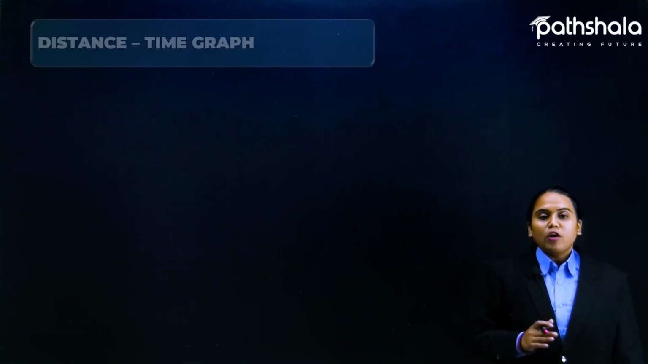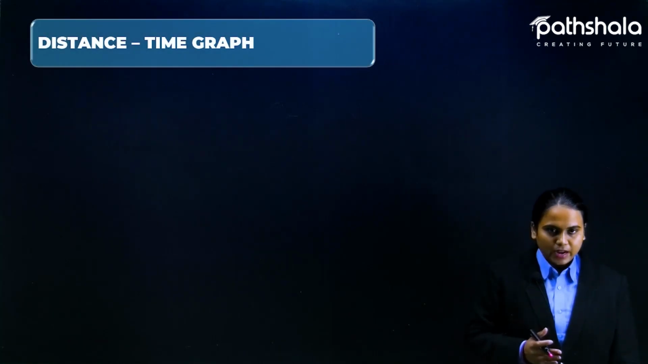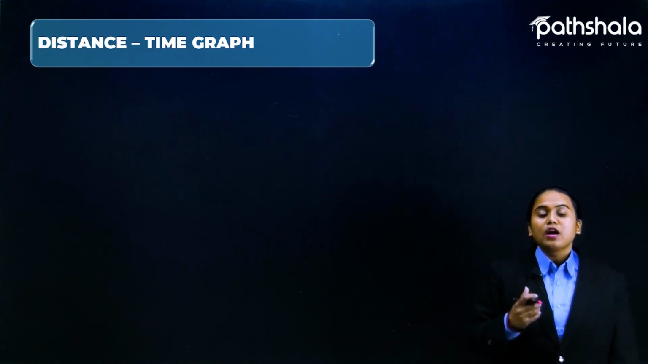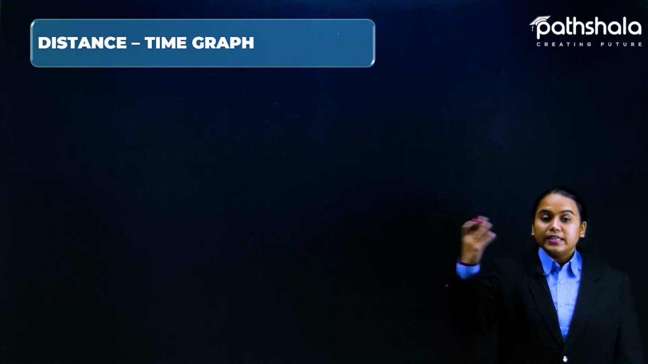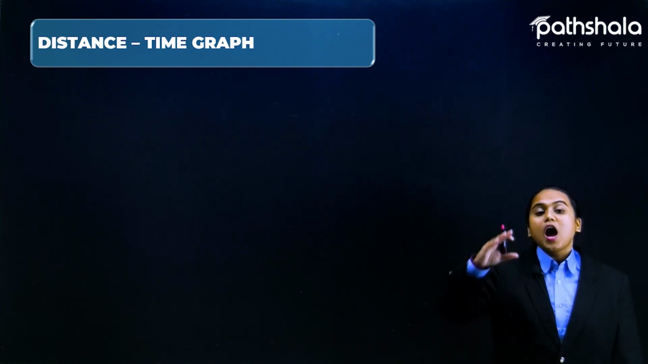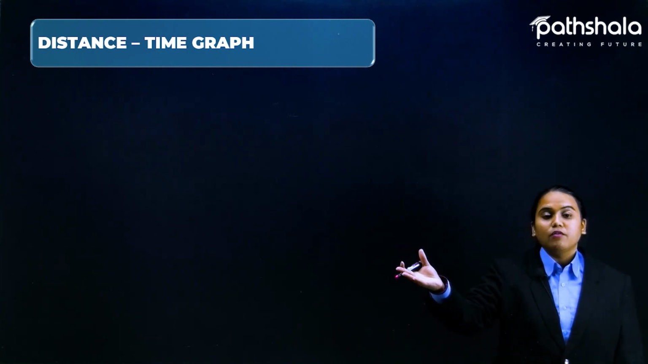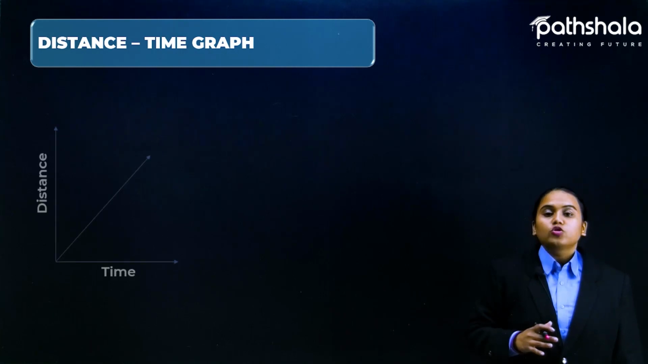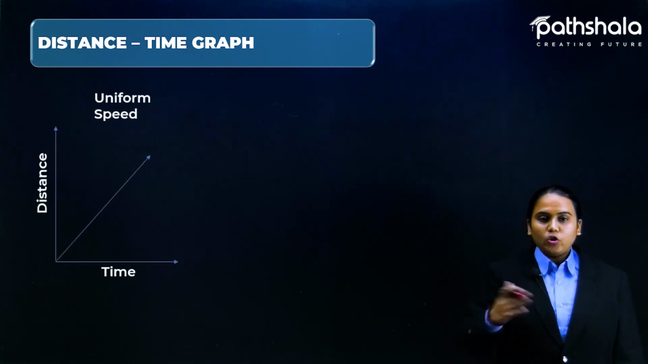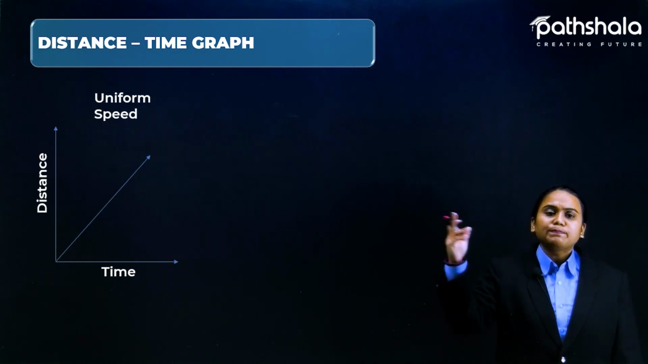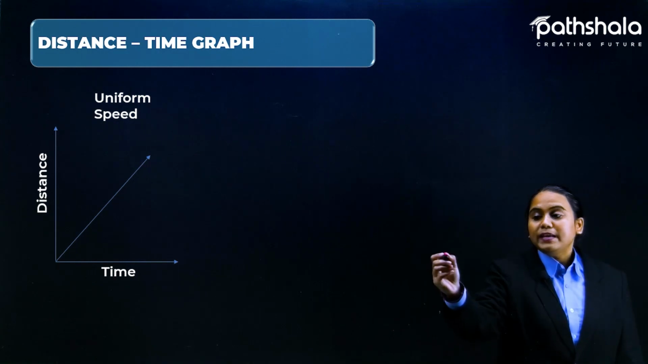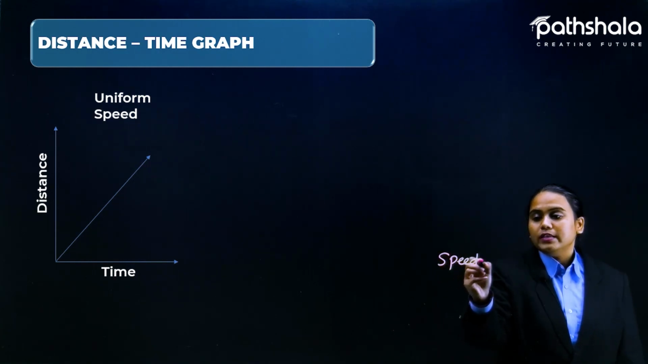Fine. So moving forward, we have the distance-time graph now. This is the first thing you are going to read in the topic of graphs. The distance-time graph will give you an idea of how much distance has been covered in how much time. The first one here is uniform speed. Why is speed written here? Because dear all, speed equals distance